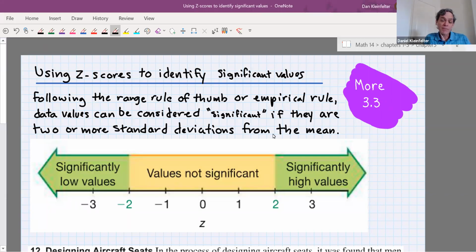Welcome back, everybody. In this video, we're going to continue working on section 3.3, which is about measures of relative standing and then also box plots. So where we left off was we were considering the idea that